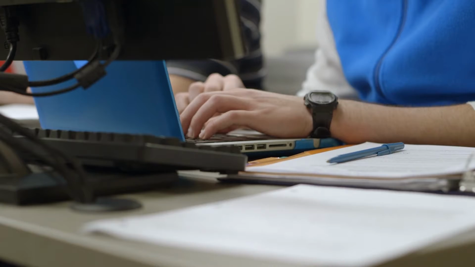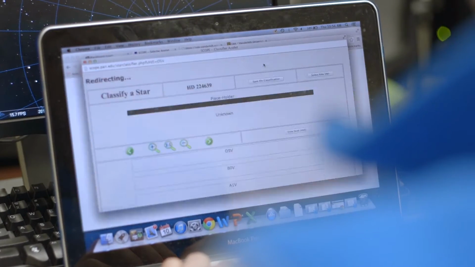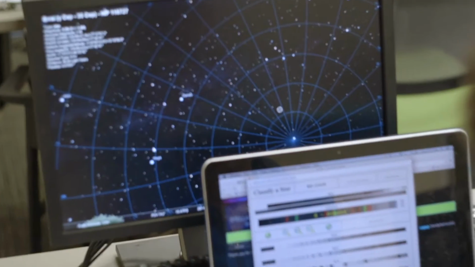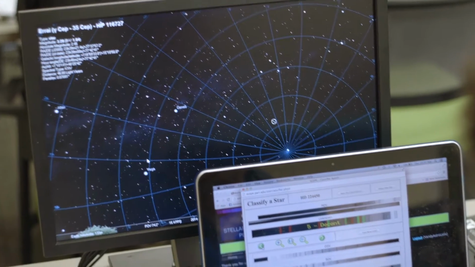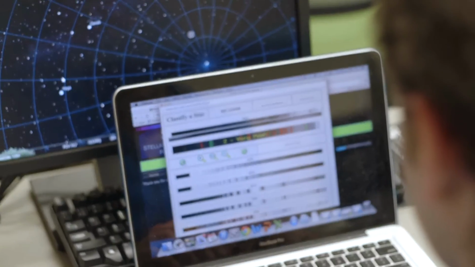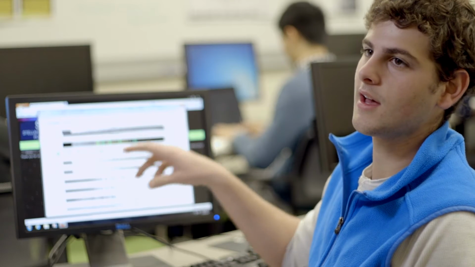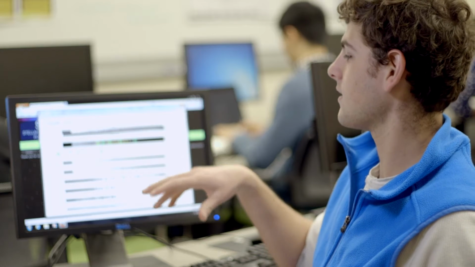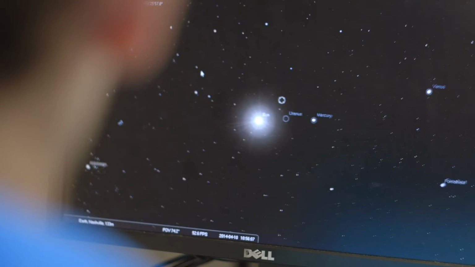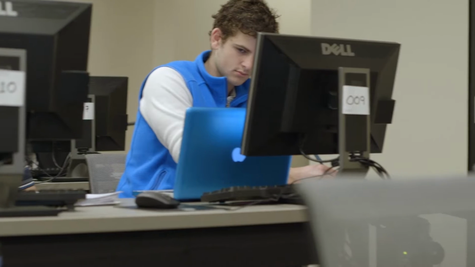So today I'm trying to figure out what spectral type star is most common in our universe. And I'm going about that using this program here, actually, SCOPE, where you look at the spectral lines of various star clusters, and then you try to match it up with different known spectral type stars. And then you can classify the stars and figure out, kind of number-based, what's the most common in the